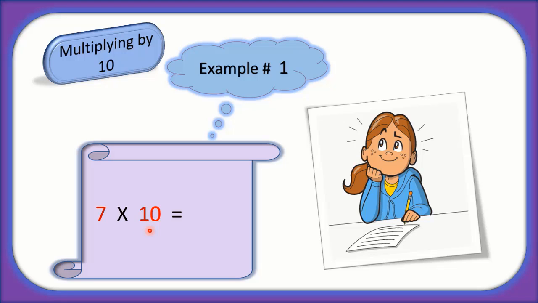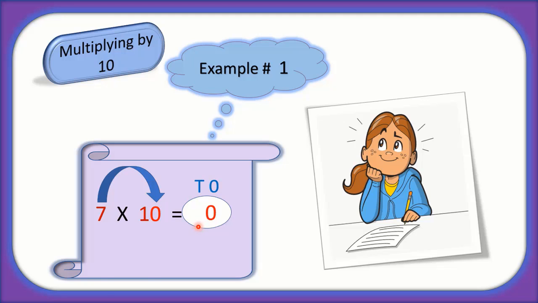So there are two steps for solving this. Step number 1 is here. First of all, we will multiply 7 by 0. हम 7 को 0 से multiply करेंगे. 7 zeros are 0. Okay? And we will put this 0 at 1's place.